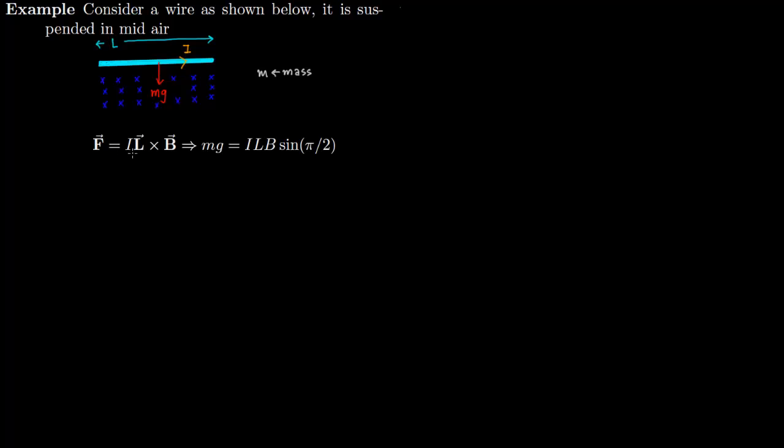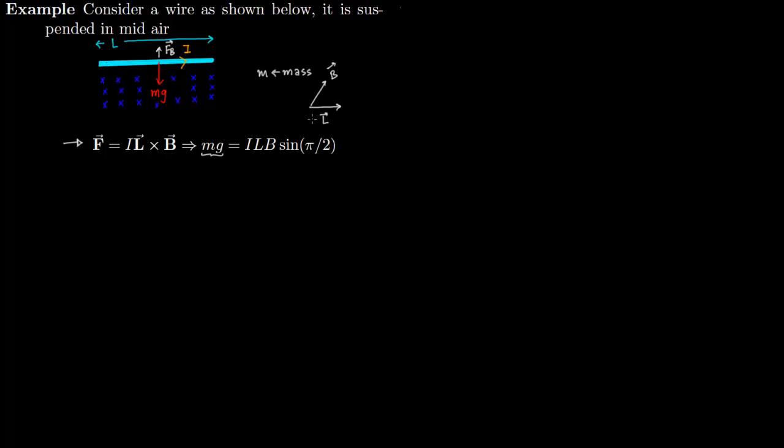The force exerted by the magnetic field is I times L vector cross product with the magnetic field. This magnetic force, which acts in the upward direction, has to be equal to the weight for the wire to be suspended, and that is the condition we write here. Now you expand the cross product, you get ILB sine theta, where theta is the angle between the length vector and the